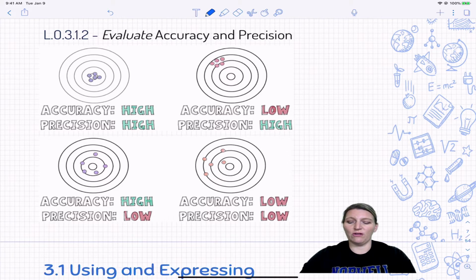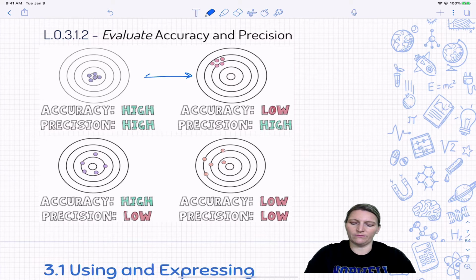So you look at, there's four kind of bullseyes, targets on this page. And the first one in the upper left-hand corner is both high accuracy and high precision. Then the one right next to it is low accuracy but high precision. And think about what is common between those two. Because what is common between those two is the definition of precise. So see if you can figure that out,